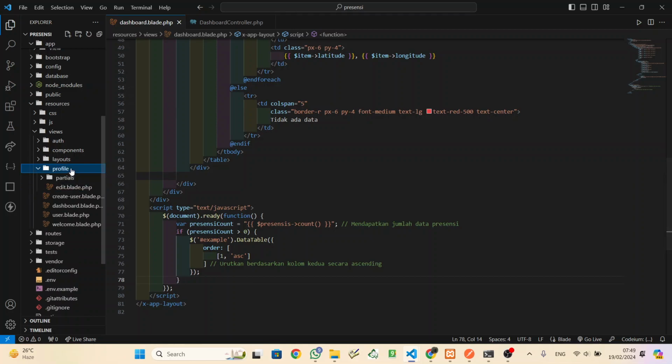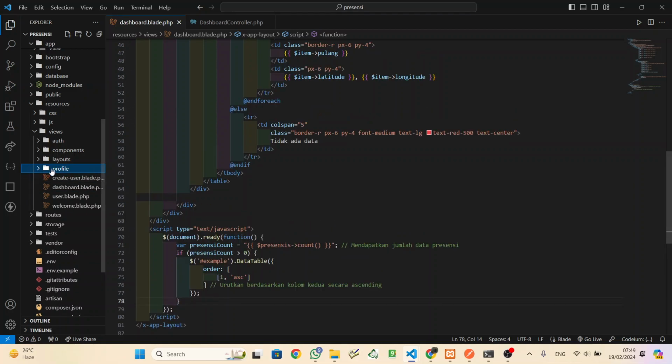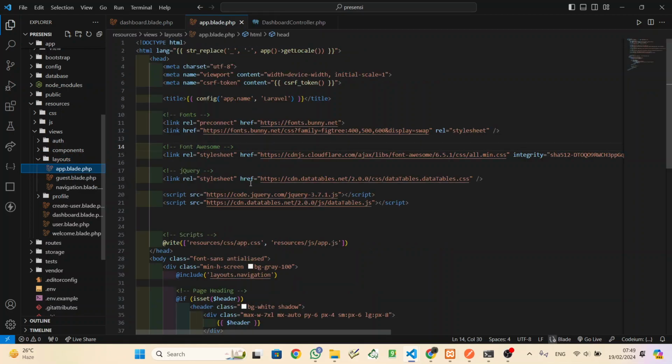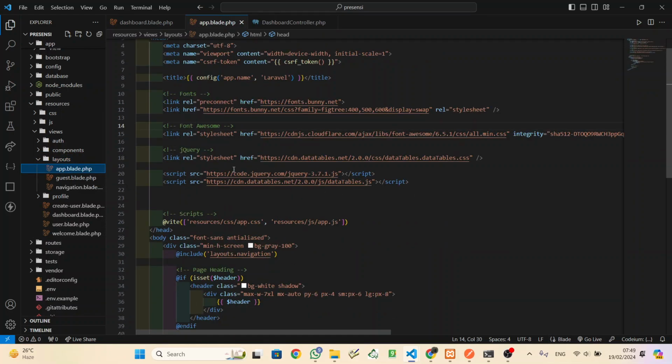Okay, before we can use jQuery, at the layout there is a layout. If you use Breeze, there is a layout file, and add a new link and also script here. So this is for the view or CSS from jQuery, the CDN jQuery, and these two things are for JavaScript.